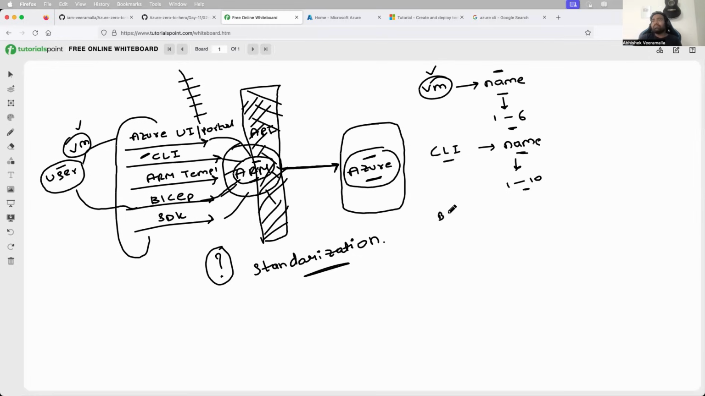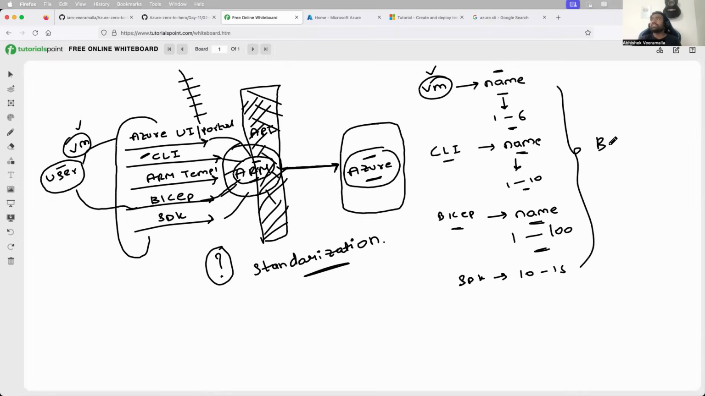And then the Bicep team, let's say they say, okay, through us, if you want to create a virtual machine, the name, we are not opinionated. It can be 1 character, it can be 100 characters, we don't mind. And if the SDK team says, in our case, the name has to be between 10 and 15 characters, then it's a bad user experience, right? It's a very bad user experience, because if I am a user of Microsoft Azure, then I don't mind the